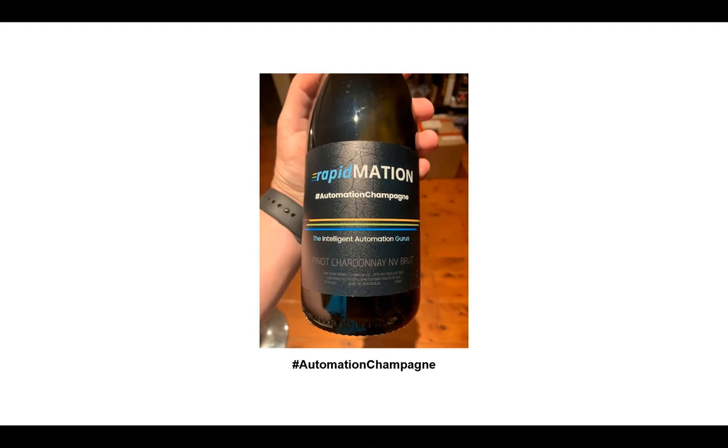We often get photos back from our customers to show us enjoying and celebrating their success and getting these automations